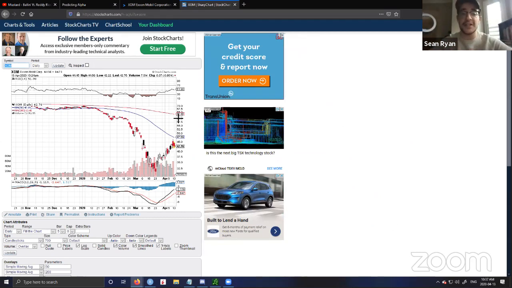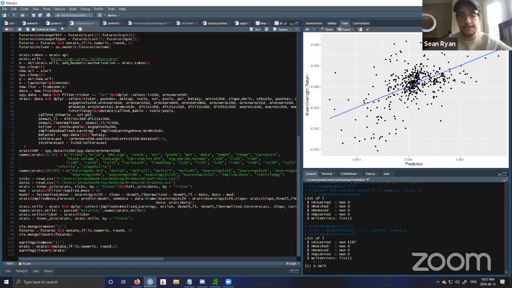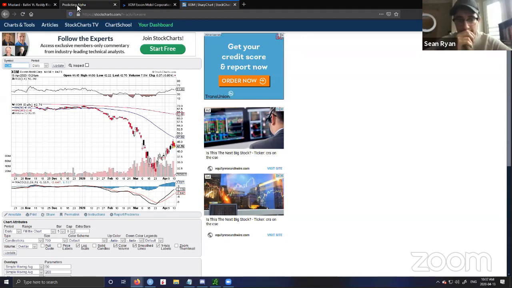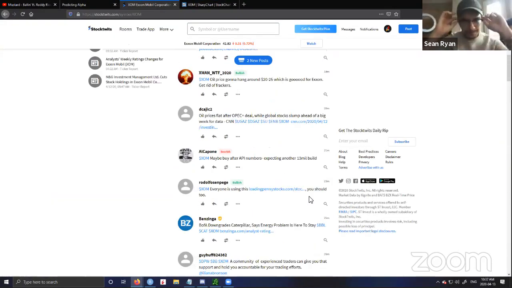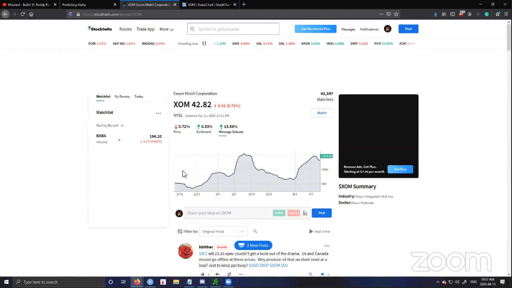The reason we have an advantage is we have access to better information, and we're able to use that information better, which means we have a direct information advantage over them. And that's a competitive edge that we can use. So when you looked at Exxon there, it was obvious there's a lot of retail eyes on it. A lot of retail eyes. And so, perfect, now we're in a spot where there are some retail traders.